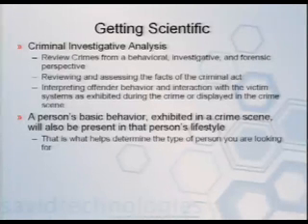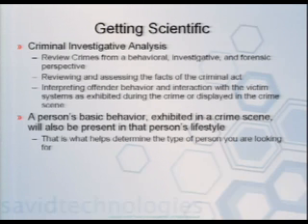All right, so let's get a little scientific. Criminal investigative analysis. You can go on Wiki, you can go on the internet and read all about it. That's not something that you specifically do, but it's a good resource that you can go read about and walk away with, right? The basis of it is reviewing crimes from a behavioral aspect, assessing the facts about what happened, and interpreting what the attacker did. So what you see happen, if it's a very clean and organized attack, or if it's very disorganized and seems slightly opportunistic, then it gives you two different types of threat profiles.